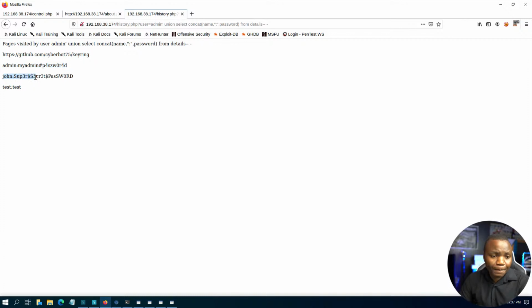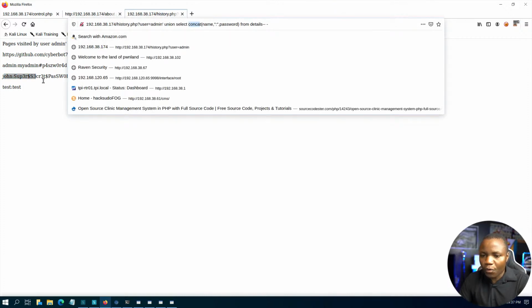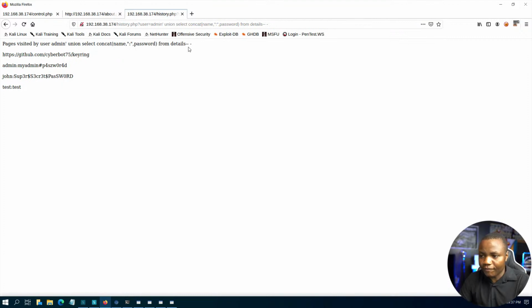user, John. If this is too hard for you, just run SQLmap directly on this and dump all tables from the users section, and you also get to the same place. But just using union select and the concat, if you know which fields you're looking for, will get you the answers that you need manually. And this is how you avoid SQLmap. And if they gave me this in an OSCP exam, I now know this is how I interrogate these URLs